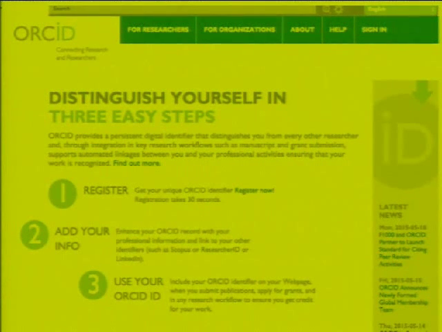So this is just the ORCID homepage. You can have a look. If you'd like your own ORCID, it's free and it takes just a couple of minutes to register for that. So there are over, I think, nearly 2 million ORCIDs that have been assigned to researchers as of this date,